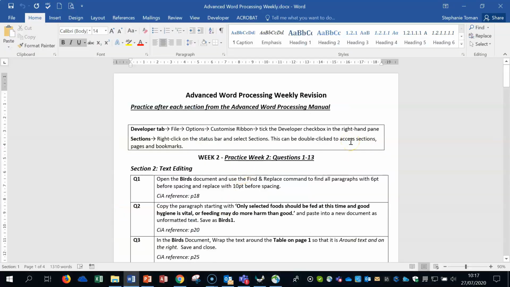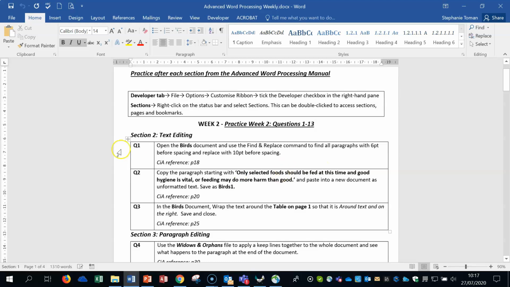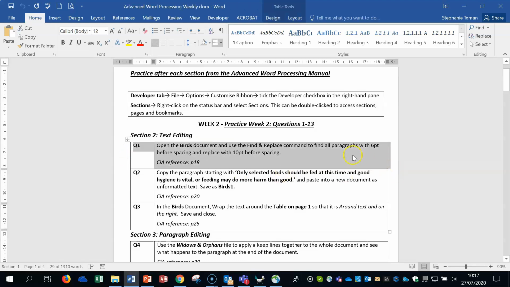You can see here, we're on week 2, questions 1 to 13. What I'm going to do is read out the question, we're going to look at it together, and then we're going to see the demonstration of it. Okay, so we'll get started. The first question